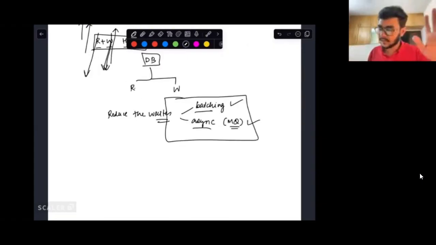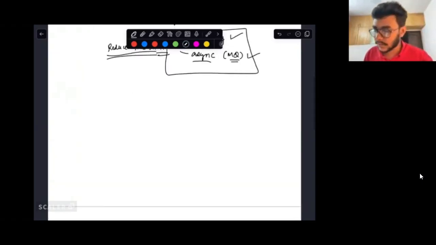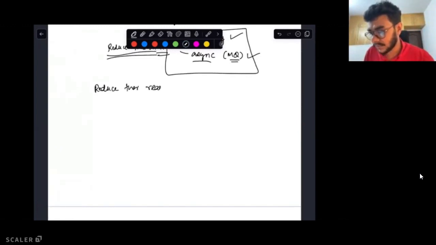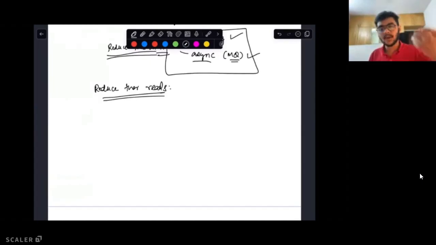With low latency, and hence reducing the writes was not really the optimal way. So then we started to take a look at how we can reduce the reads. How can we reduce the reads typically that are happening on our database? What is at least one thing that should come to your mind when we want to reduce the reads that are happening on our database? Caching, right? So we can employ the technique of caching.